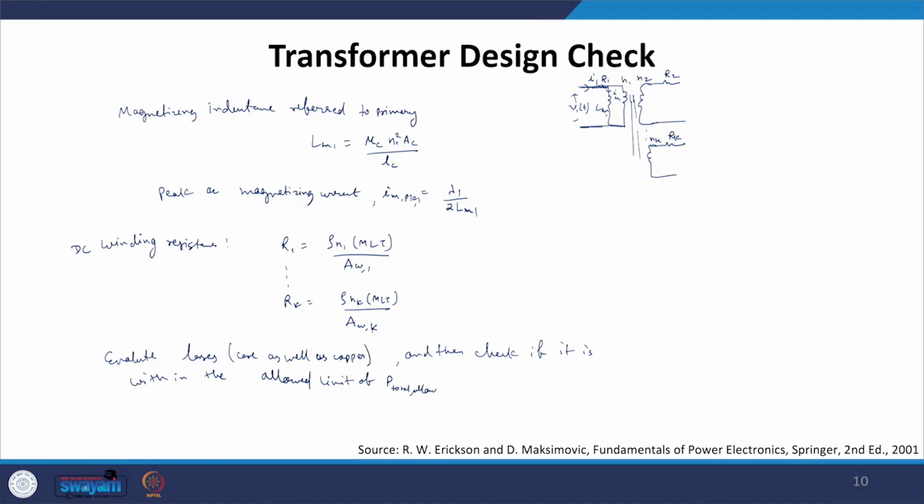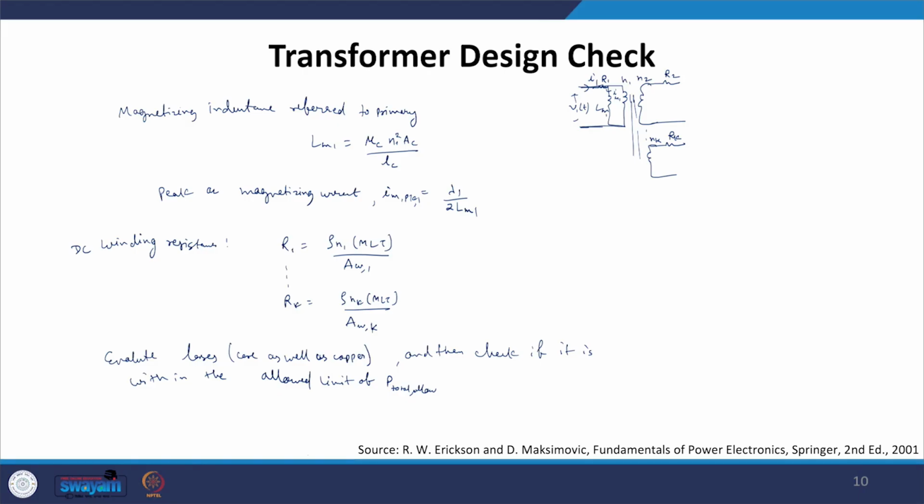So the transformer design process is a multi-step approach, and here again we have not considered the AC effects, or the losses corresponding to high frequency AC. You can also consider those, and then understand the pattern with which you would like to wind the windings, how far apart the windings are to be placed, and the number of turns to be defined in the different winding layers, and accordingly you can physically realize your transformer. This is all about transformer design.